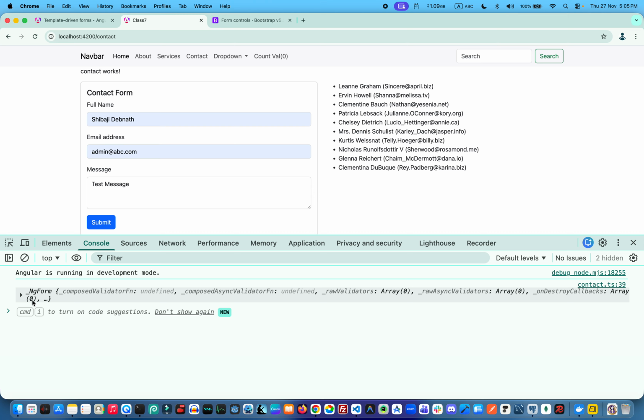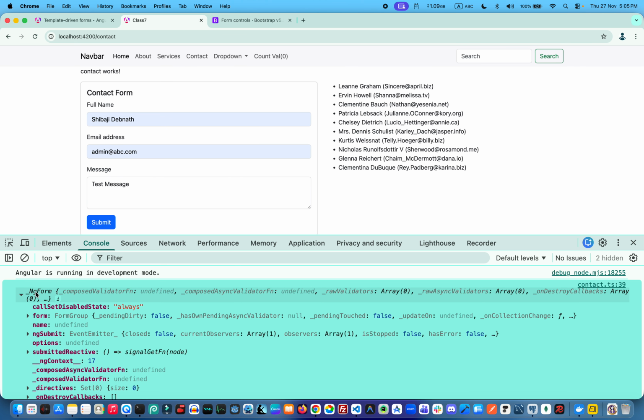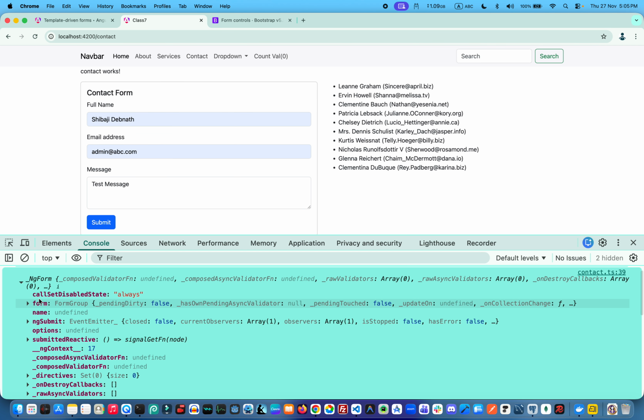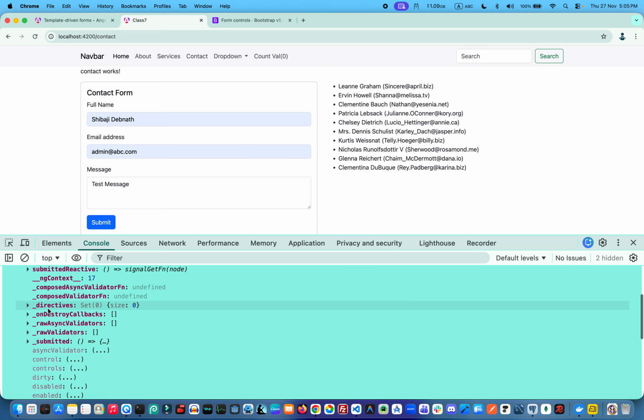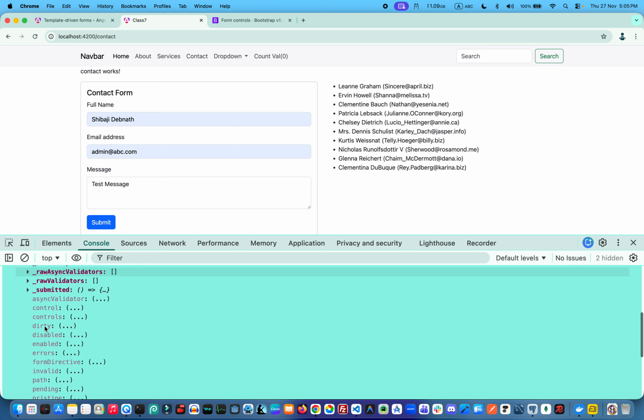Then we can see some activities inside the console. And this data comes from the ngForm object. So basically we can see here our ngForm data is activated, and after that if we want to see the data,